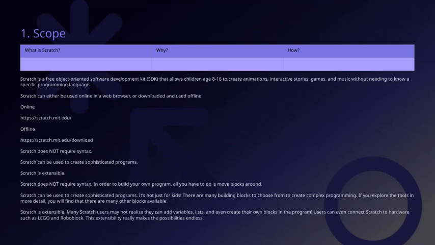So let's talk about what Scratch actually is. Scratch is a free software development kit, or SDK, that's designed to be object-oriented. It's aimed mainly at children between the ages of 8 and 16, but it's really powerful enough for creating all sorts of projects like animations, interactive stories, games, and even music. The best part is, you don't need to know any specific programming language to get started. You can use Scratch either online through a web browser or download it and use it offline on your computer. The online version is accessible at scratch.mit.edu, and if you prefer working offline, you can download it from